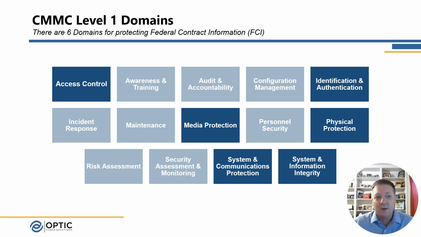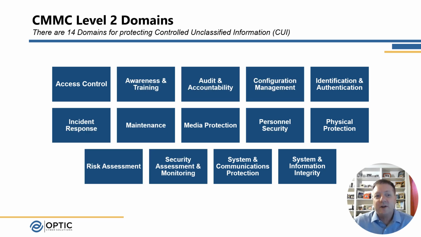So what are the requirements? If you only need to meet Level 1, you have to complete a self-assessment of 15 requirements across the 6 domains that you see highlighted here. However, if you have CUI, you will need to meet requirements across all 14 domains. The 14 security domains directly align with the security families from NIST SP 800-171 Rev 2 and include things such as access control, which ensures users only have access to information they need to perform their duties, incident response